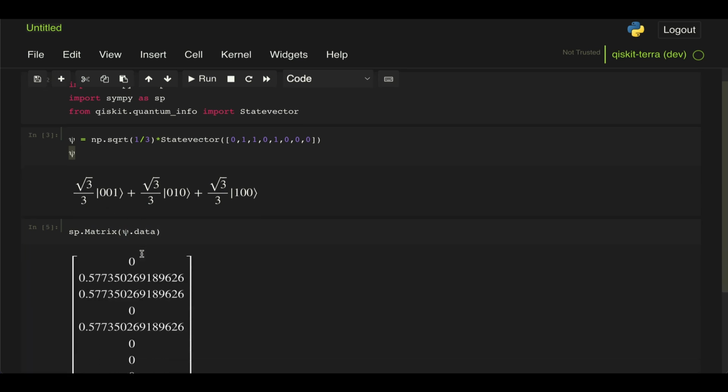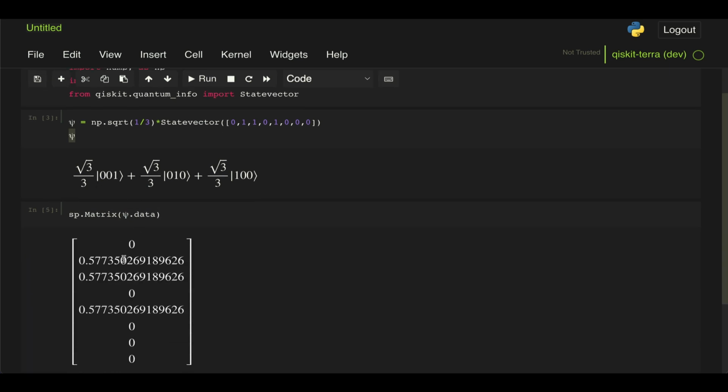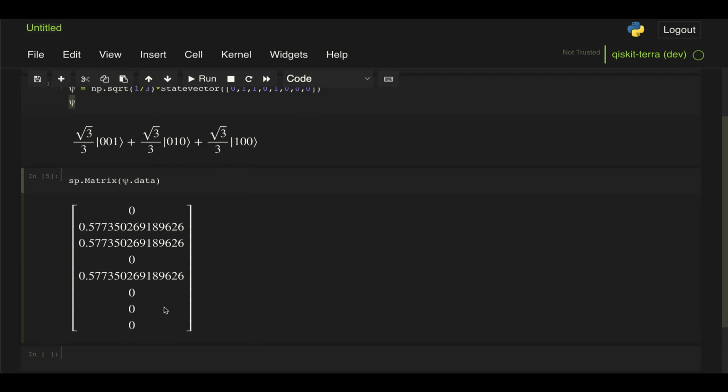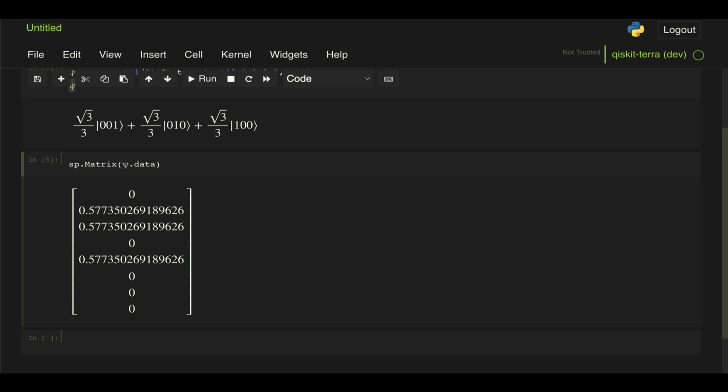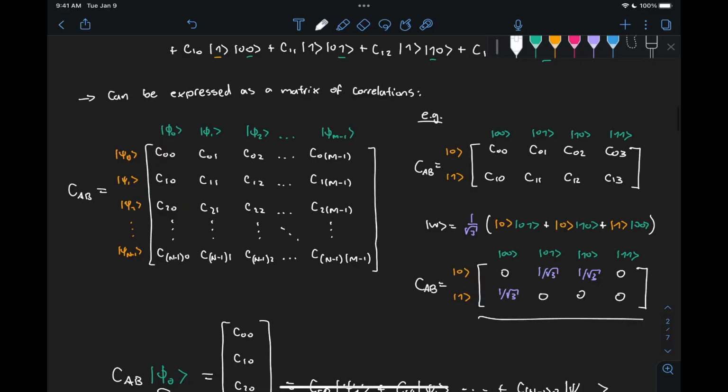So here we have our column vector, which has 1 over root 3 for 0, 0, 1, 1 over root 3 for 0, 1, 0, and 1 over root 3 for 1, 0, 0, right? So the first thing we said we needed to do was to construct that matrix C, right? So let's go back here to what we had shown for our example. This state I'm looking into is the same we had looked into before. So this is the matrix that we need to construct,